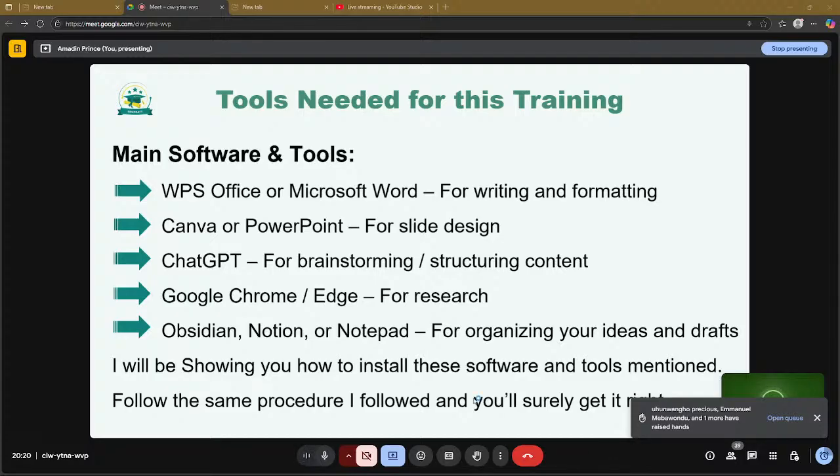And also you'll be using ChatGPT for brainstorming and to put your report in order. Yes, I know most of you might be thinking, come on, there are AI tools out there that can detect if a report is written by AI. Yes, trust me, there are tools like that. And number one, I need to clarify something. We won't be using ChatGPT to write the report. We'll just use it to put our report in order,